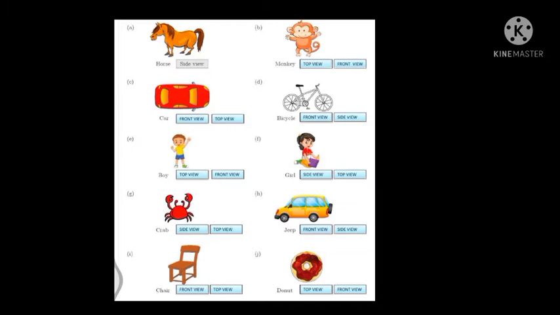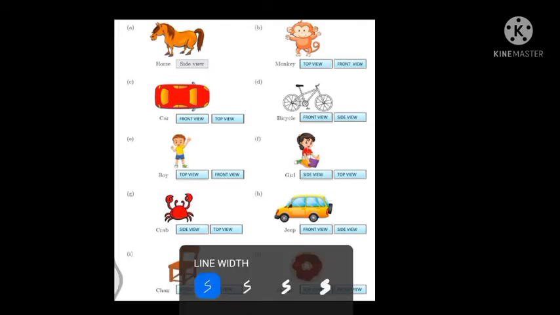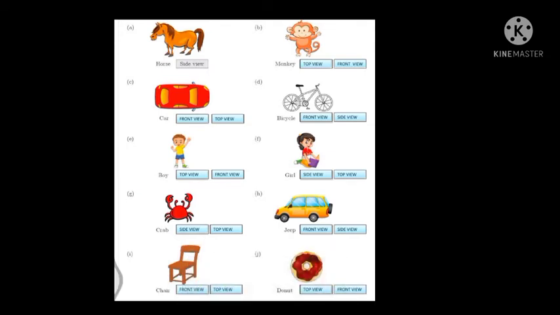Is that clear? So your second question is a monkey. Can you see a monkey? Right? So we have to identify from where, if we look at this monkey, it will look like this, either from the top or from the front. You all know, you observe very carefully, monkey, right? आप सबने monkey देखा है ना? So if we look from the front, अगर हम सामने से देखेंगे, it will look like this. Yes or no? So that means this monkey's front view is this. So I have circled the front view. Either you can take it.